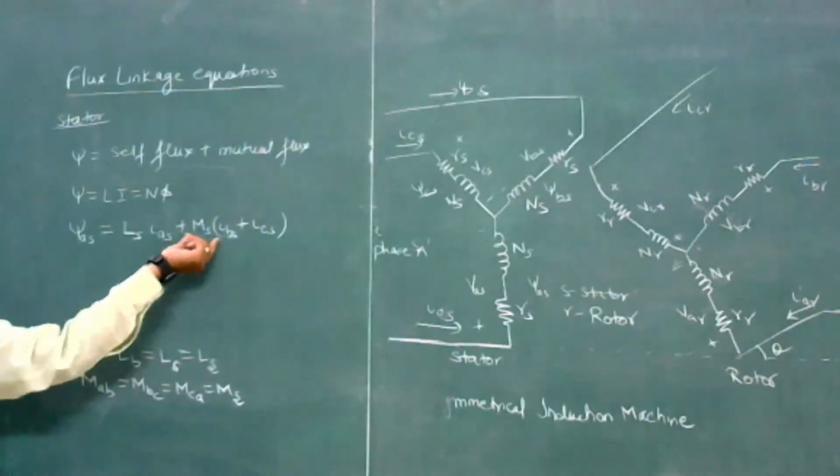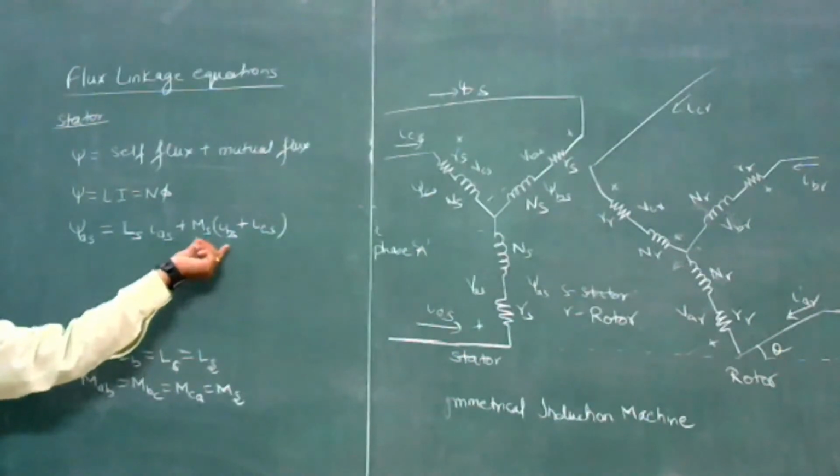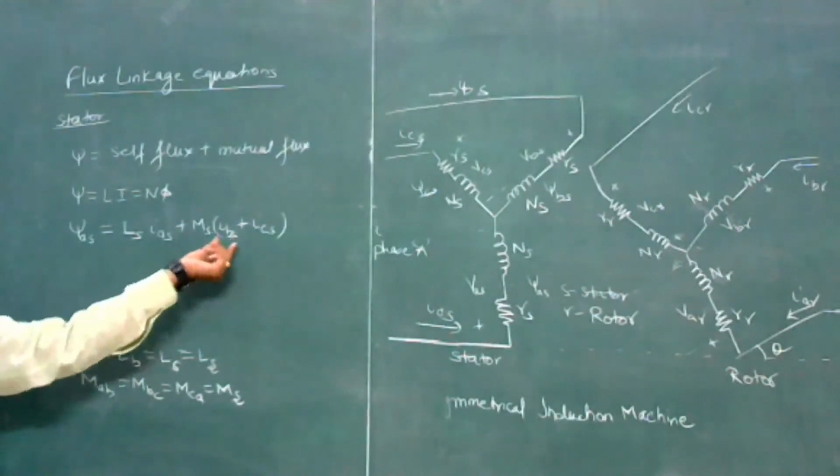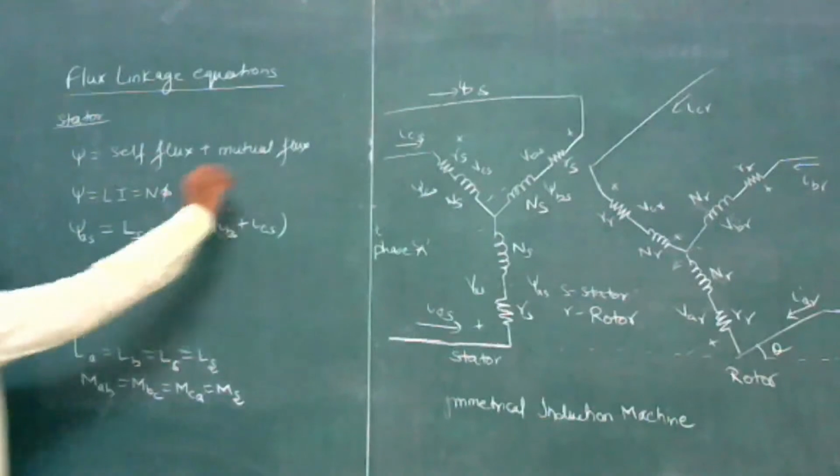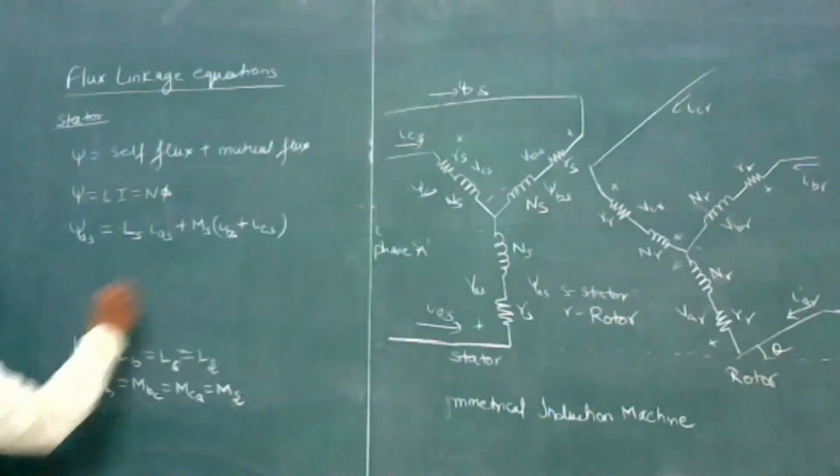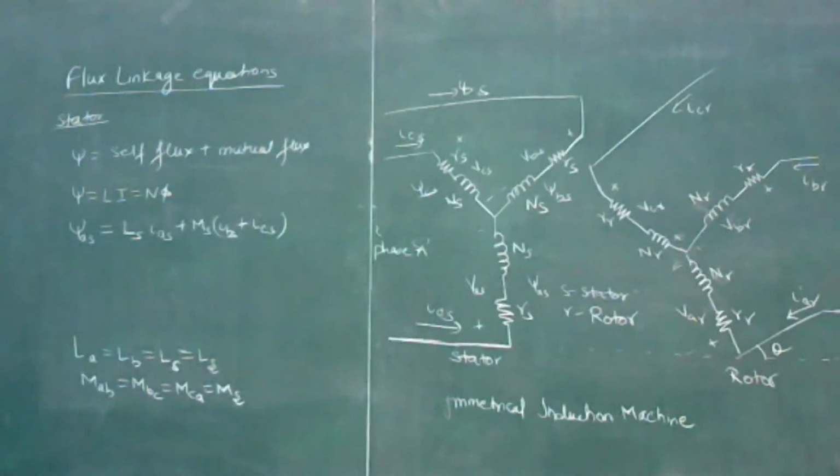This mutual flux is due to current flowing in the B phase and C phase, plus